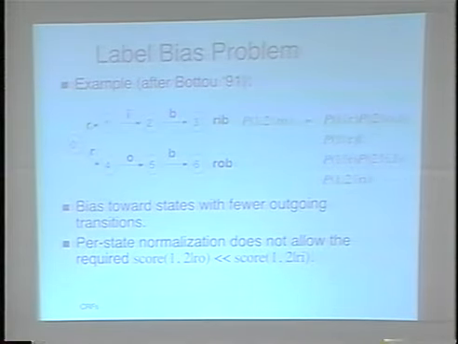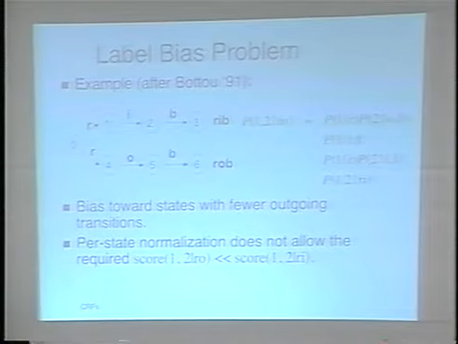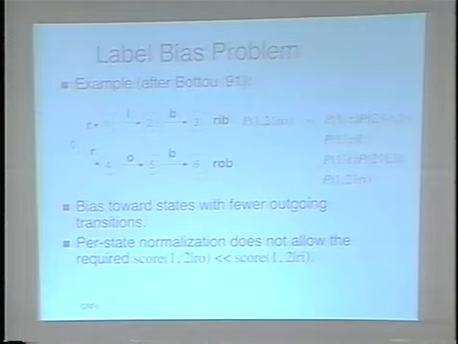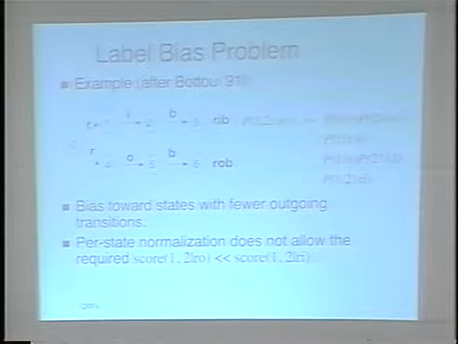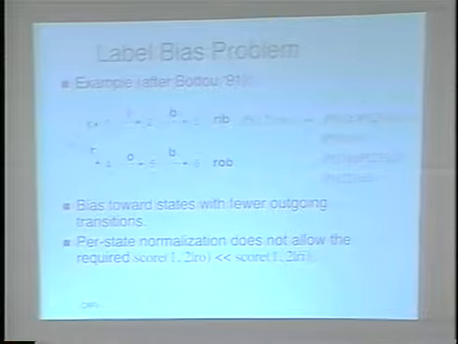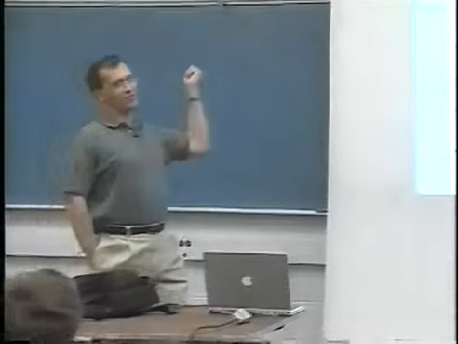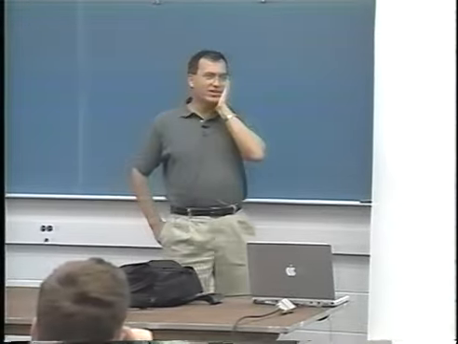Now, this is all very well and nice, but it has a problem. This problem we call the label bias problem. I don't know whether Andrew talked about this a little bit, and this is often a source of confusion, so I'm going to talk about it again, and maybe when you hear it twice, it will make sense. There are different ways of thinking about this problem. The first person who pointed this out to me, by the way, is Michael Collins, with the following anecdote. When I was describing to him the previous results, he said, "Oh, but there's a problem with this,"